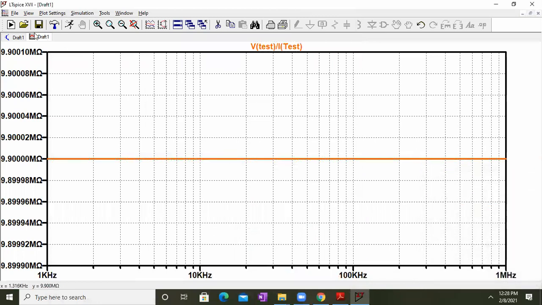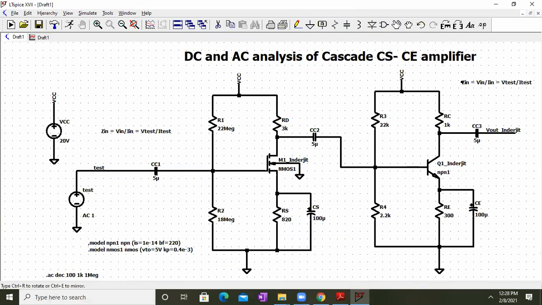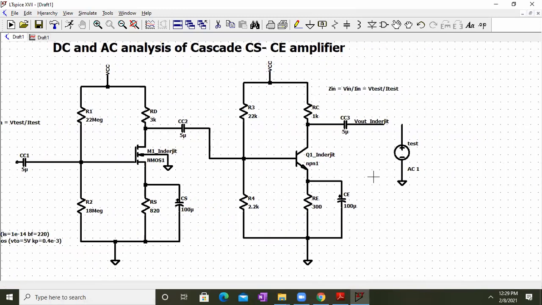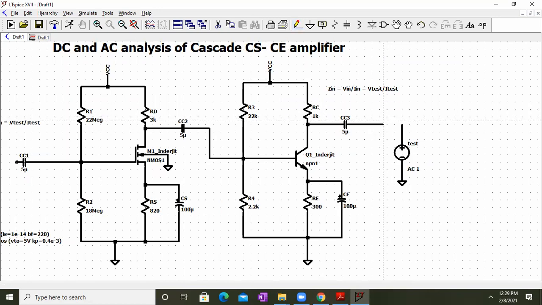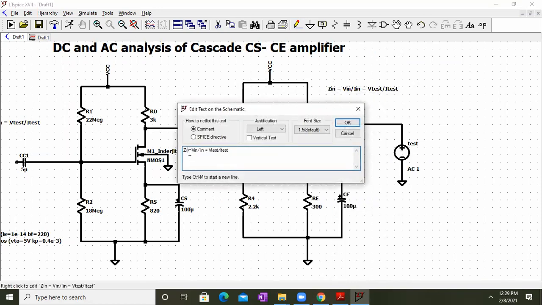Now, to calculate the output impedance, there is nothing extra we have to do. The only thing is we have to apply this test source at the output now. So let me copy this statement over here, and let me delete this source from here and put this source at the output side, because output impedance is the impedance looking at the collector terminal of your BJT. Let me delete this label. So I'll connect a wire over here from here to here, and we have to label this node as test again. So over here, let me change this. That will be Z output impedance.